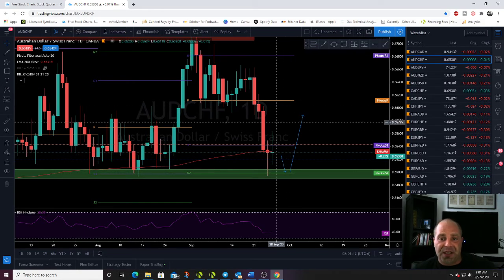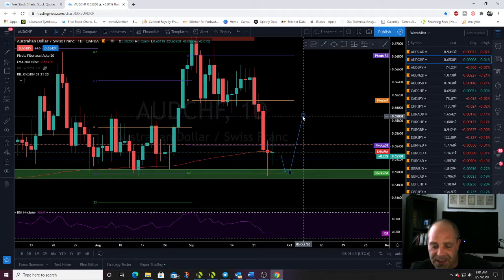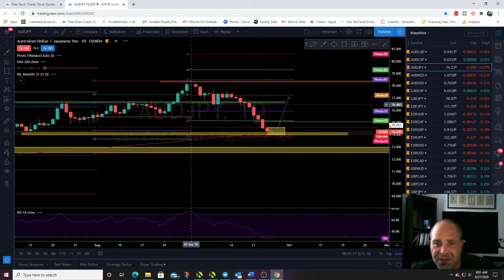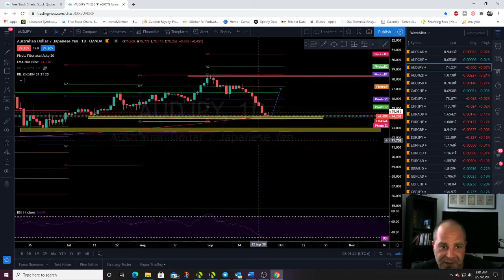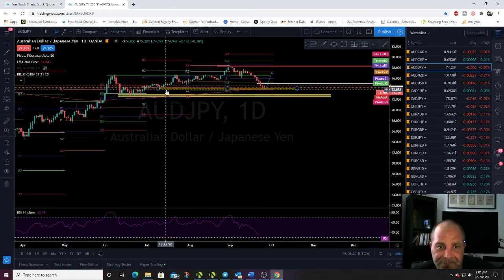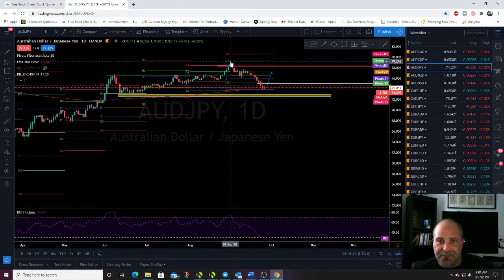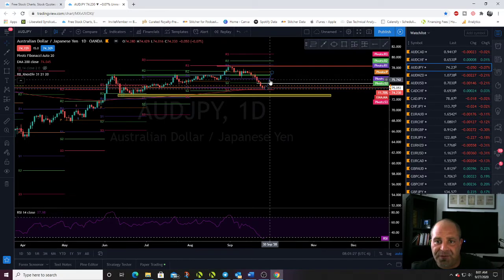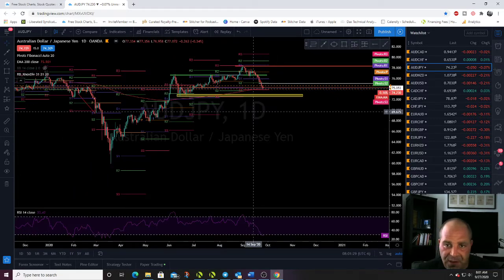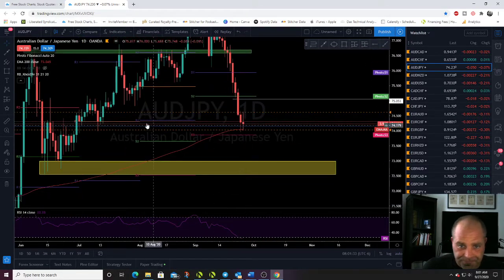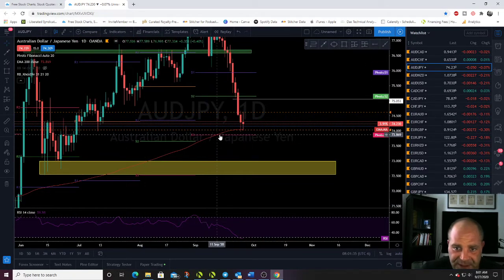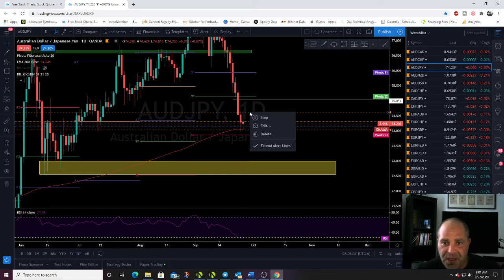Or a confirmation that we break above this high. All right, Australian dollar JPY, kind of the same thing. A lot of these pairs are all looking the same. We had some definite bearish moves on the Australian dollar, but now we can see we've kind of stalled out. Here we're hitting S3 and the 200 period moving average on the